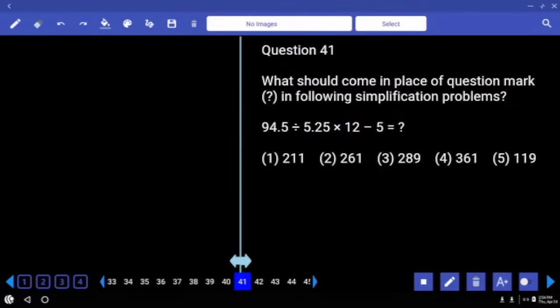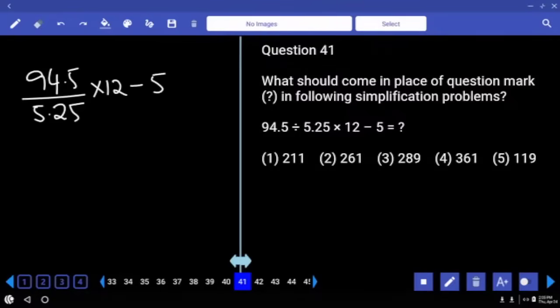Shall we start? Right. Let me rewrite this. 94.5 divided by 5.25 into 12 minus 5. Correct? I am only writing what is given. Now